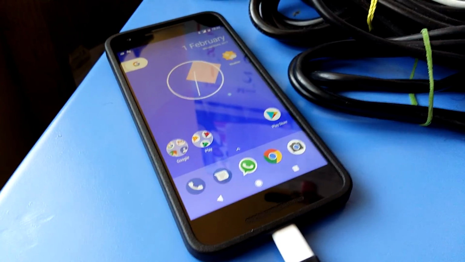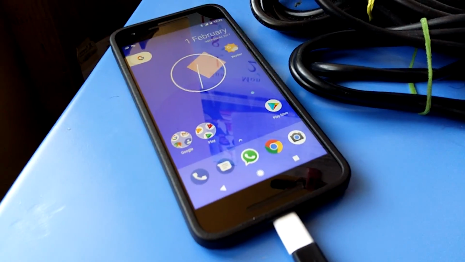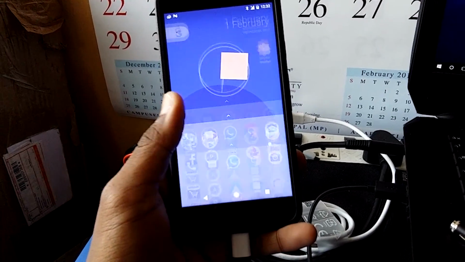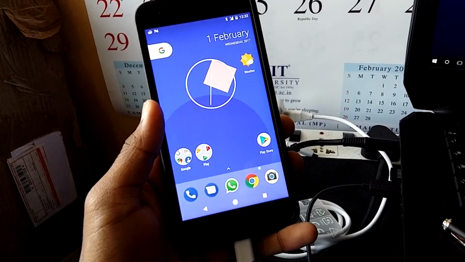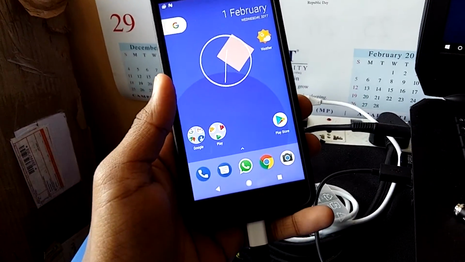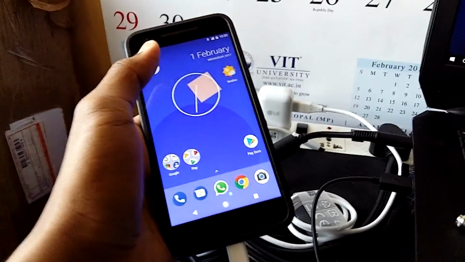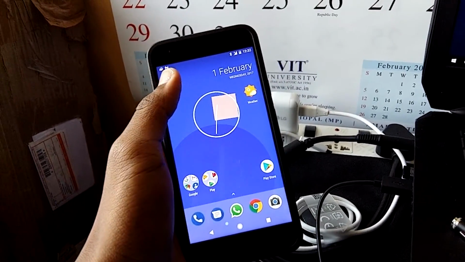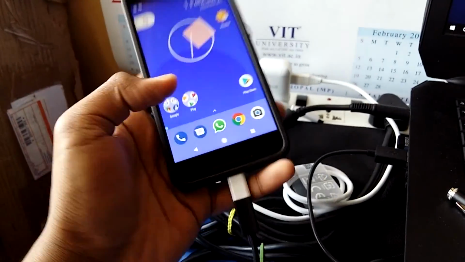To begin with, let's check out how this device looks when it's actually pixelized. So I've got a Nexus 5X over here, which is my primary daily driver, and I've got Pixelize up on this. I'd like you guys to see how beautiful the phone looks after it has inherited all its successor's visual features. So basically I've got all the Pixel's features on this phone, as in the software level features. I'd like to walk you guys through how the whole thing looks on this phone. Let's start off with the Pixel Launcher.